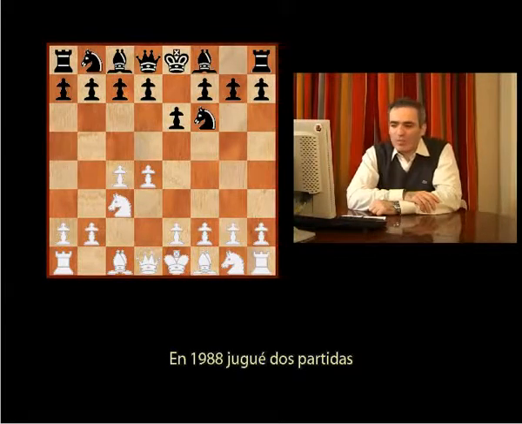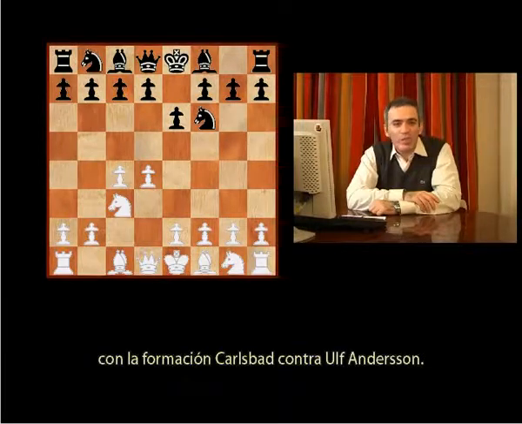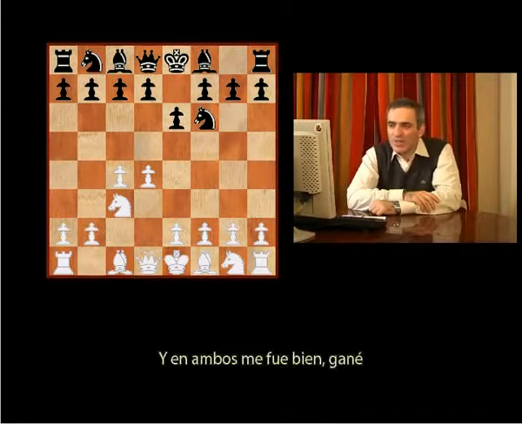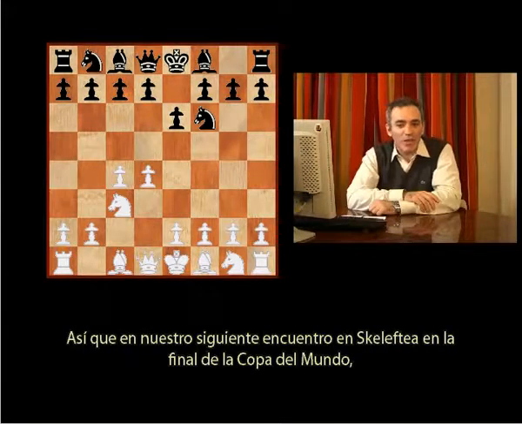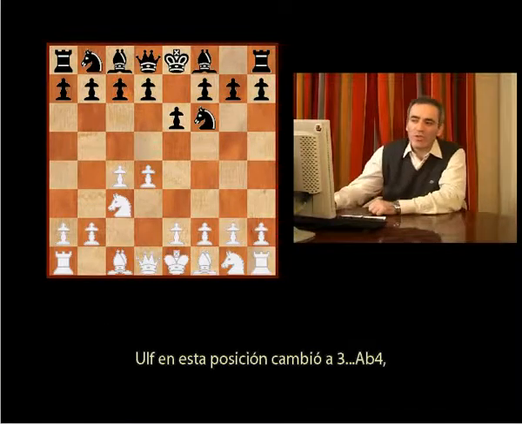In 1988, I played two games with the cardboard structure against Ulf Andersson, and both games went well for me. I won in the World Cup series in Belfort and then in Reykjavik. So eventually, in our next match in Skellefteå in the final World Cup, Ulf in this position switched to Bishop